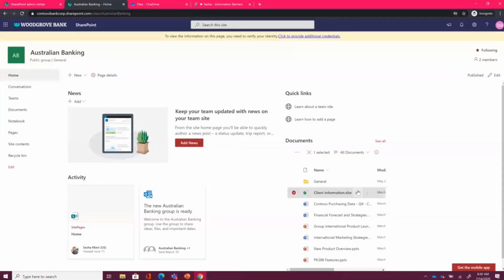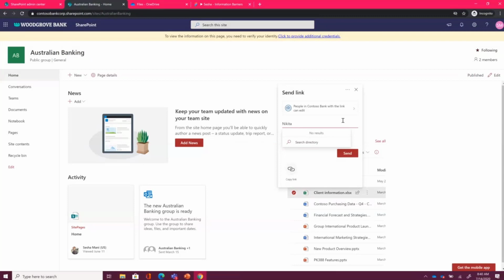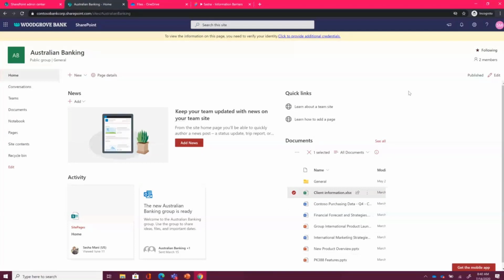Again, if a user is trying to share content from this site with user Nikita, he would not be able to do so because Nikita does not belong to the investment banking segment. So as you can see, we have made sure that if a OneDrive is of a user who belongs to a segment, the OneDrive is protected with information segment policies. And we are also giving the power to your SharePoint administrator to explicitly set segments on the site. Once the site is protected with segments, the site's access control and sharing controls would be purely governed by the segments which are on the site.